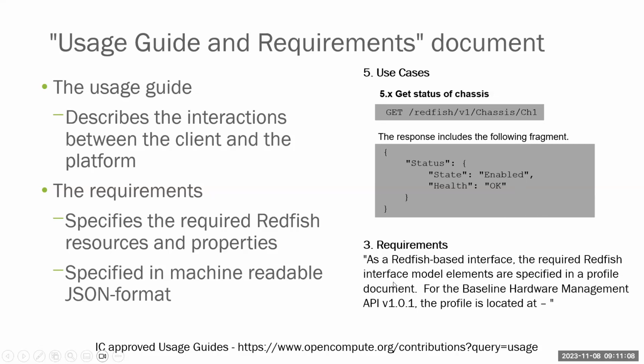And so at the top of the document, there's a linkage between the user's guide and the profile itself. And it tells you exactly where the profile is, which is on a GitHub repository, so people can download the profile and run the validator against it. Any questions?